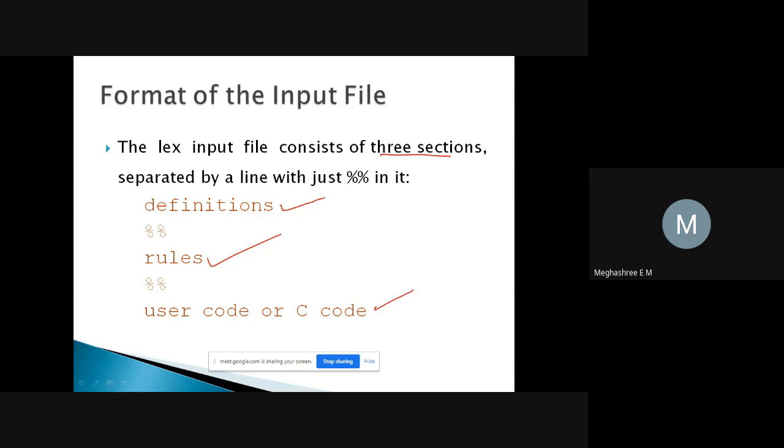You see here, each section is separated by this percentage symbol, right? We call this a delimiter. The first percentage should be immediately followed by the second percentage symbol. So we call this a delimiter. Each section is separated by these delimiters. The three sections are definitions, followed by rules, and then followed by user code or